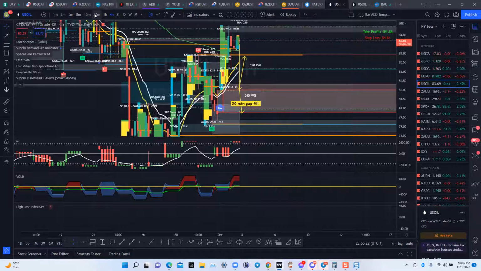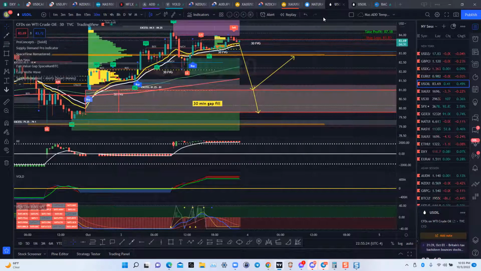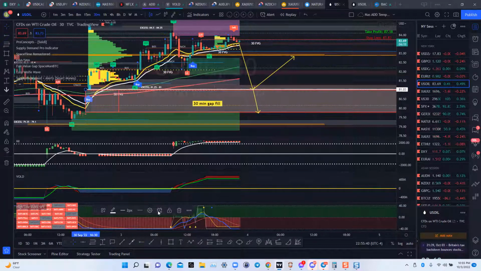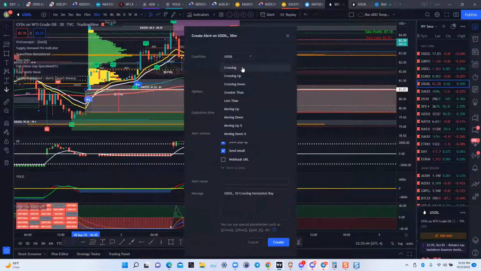So that's just something we need to watch. I can wait for this, and I could probably set an alert here someplace, right? I can try an alert here. You can't set an alert on that one, but I can just draw a regular line here like this. Maybe put it up here someplace like that, and then put an alert on it for crossing down. Right. So once it hits this, this is a gap fill